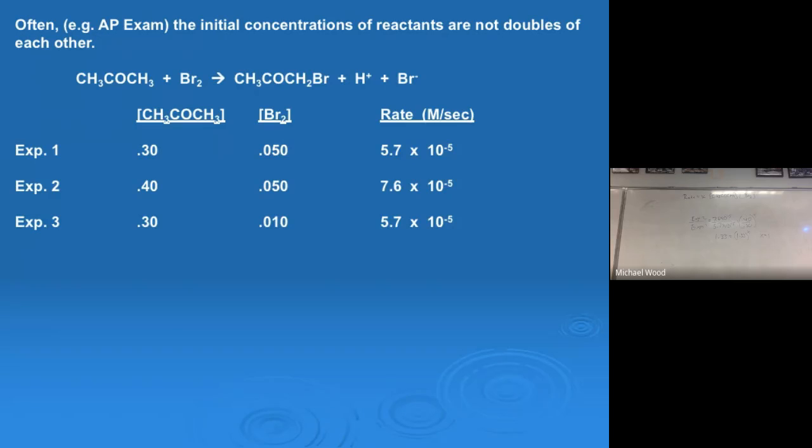Okay, so I'm going to do an experiment where, again, the CH3COCH3 is constant. And I want to put the bigger number on top. So I'm going to do experiment 1 versus experiment 3. So 5.7 times 10 to the negative fifth equals